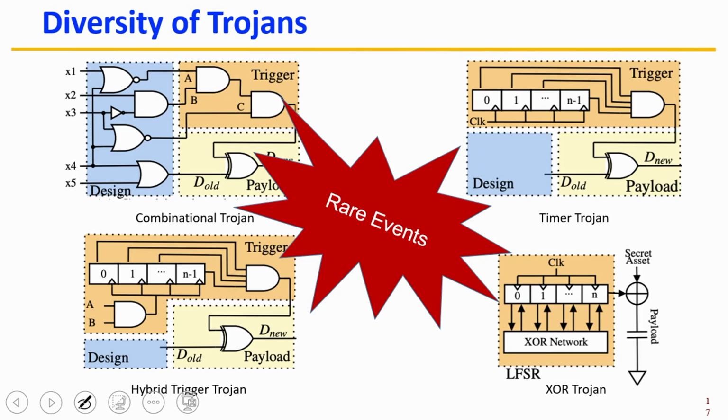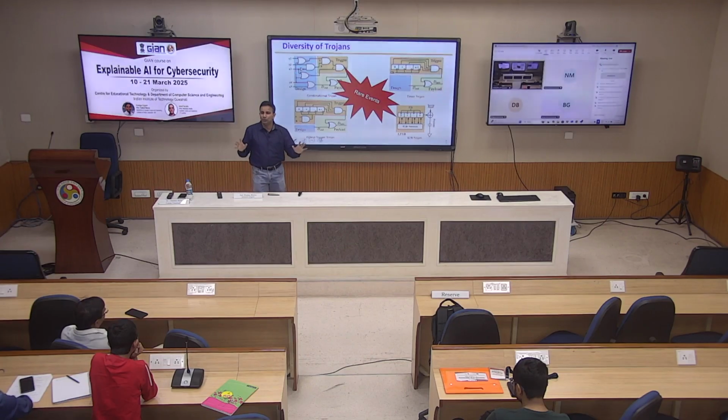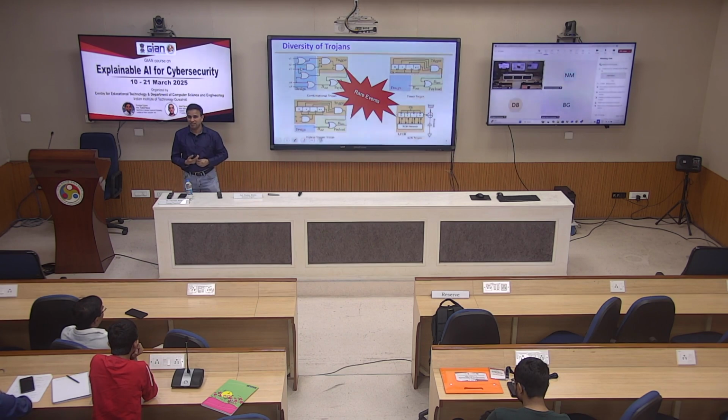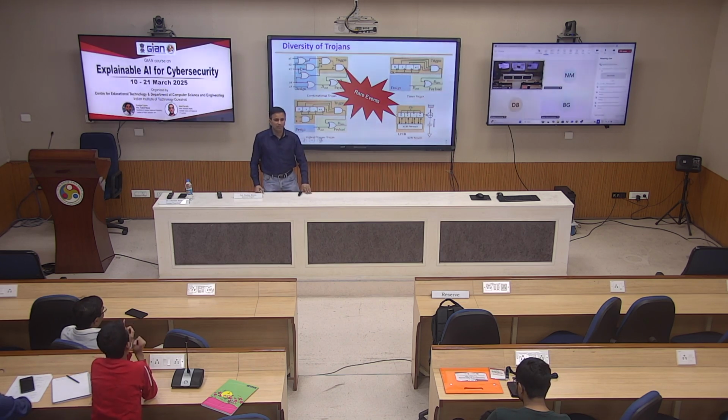But before I go there, can we stop the attacker from embedding a Trojan? What do you think we can do? Knowing what you know now, what can you do to discourage the attacker from embedding a Trojan in your design? What will demotivate an attacker? Because the attacker has to invest energy, money, whatever. What will demotivate them? If they do not get some respective output, in terms of money, or